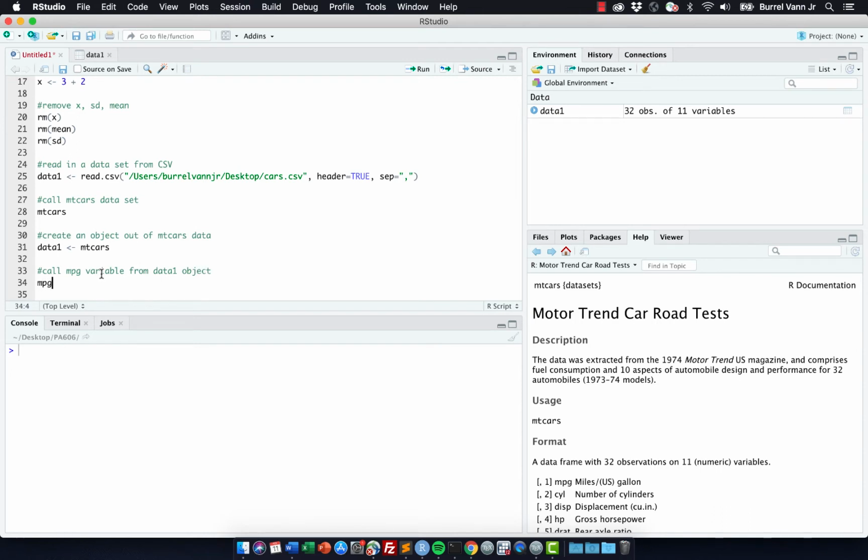I can't just say MPG, right? What if I wanted to call the displacement variable from the mtcars data set object? I would say disp, right? Wrong. Right? Disp not found. To do that, we have to use the $ operator. We have to tell it, hey, there's a data set called, or an object called data1, and inside that object,